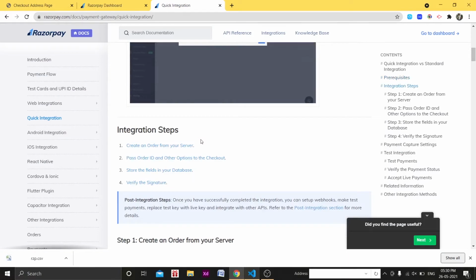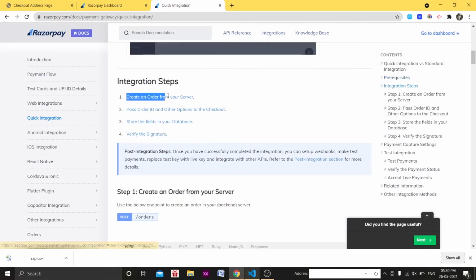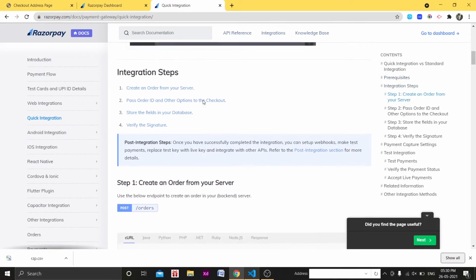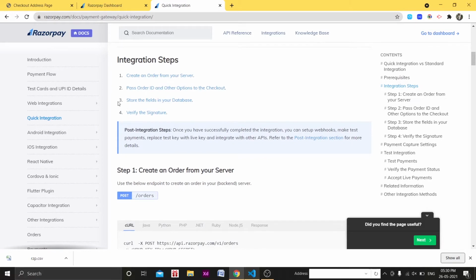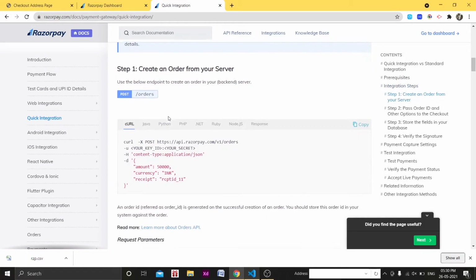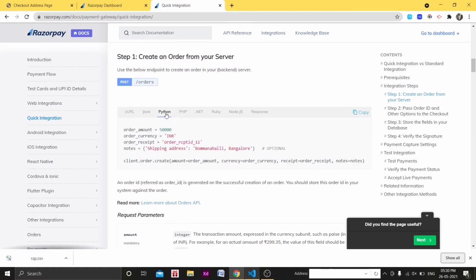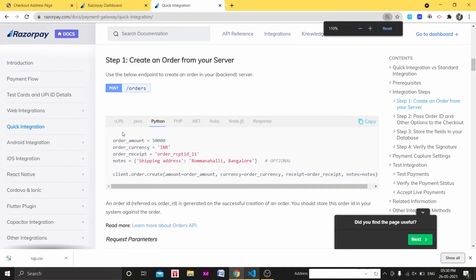Now it is asking for integration: create an order from your server, which we are going to create soon. Then pass the order ID and other options to the checkout, store the fields in your database, and verify the signature. We are looking at Python. Let me make it bigger for you.